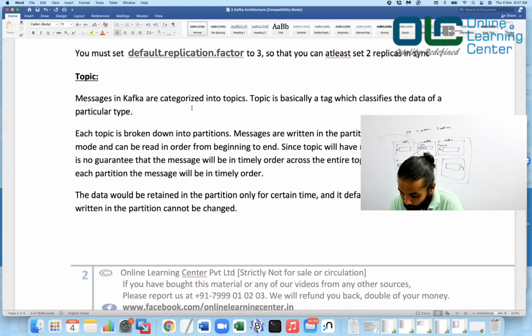So for contacts, the topic name could be contact. For calls, the topic name could be calls. Again, you can classify incoming calls as another topic, you may create a separate tag called incoming_call. For outgoing calls, you can say outgoing_call. For voice messages, you can say voice_message, something like that.